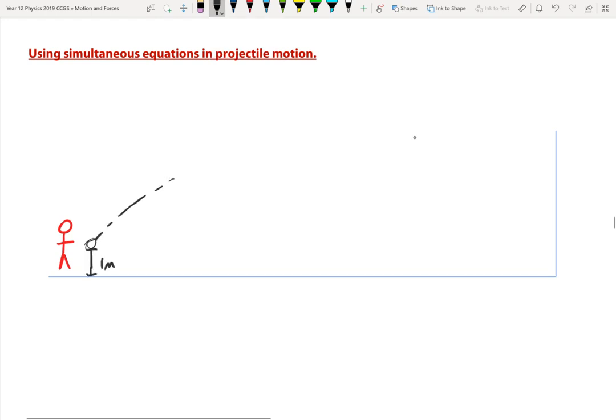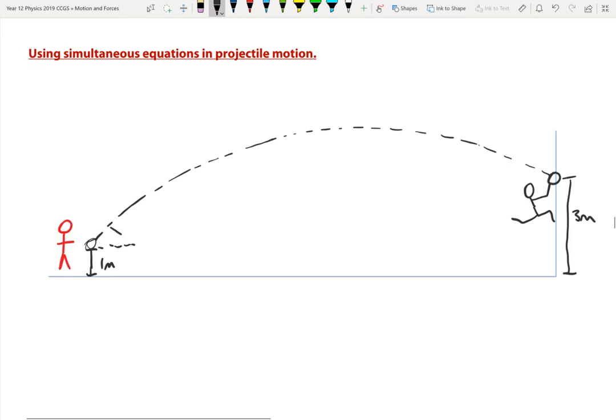It then travels in a projectile path, like so, and is caught in a hangar some distance above. Bless you. A cross-country player. Sure, why not? Now, I am going to give you some initial conditions, and depending on those initial conditions, we